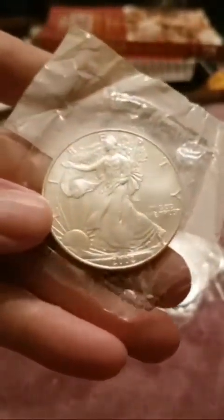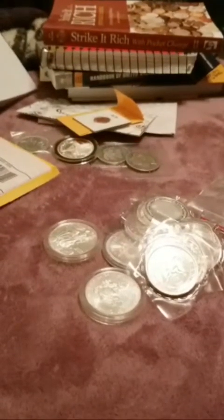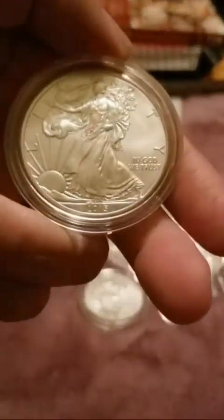So this is 2002. And I think this is just a bullion coin. Yeah, it doesn't have a mark on it. So that's just a bullion coin. I think most of these...